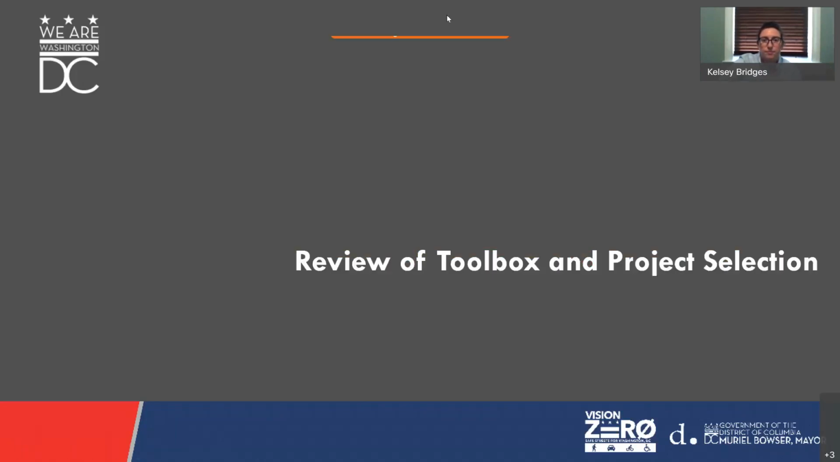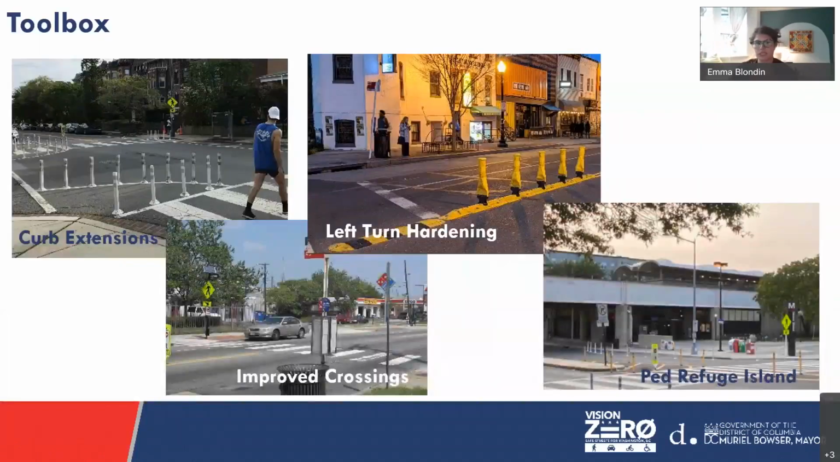All right, so I'm going to do a quick review of the toolbox and project selection. If you want a little bit more detail, we do have a recording of public meeting number 2 and the slides up on our website. So you can look in a little more detail there. But as a reminder, our toolbox, like Kelsey said, is quick install, tactical elements, mostly paint, flex posts, and signs. So it includes curb extensions, left turn hardening, improving crosswalks, adding pedestrian refuge islands,